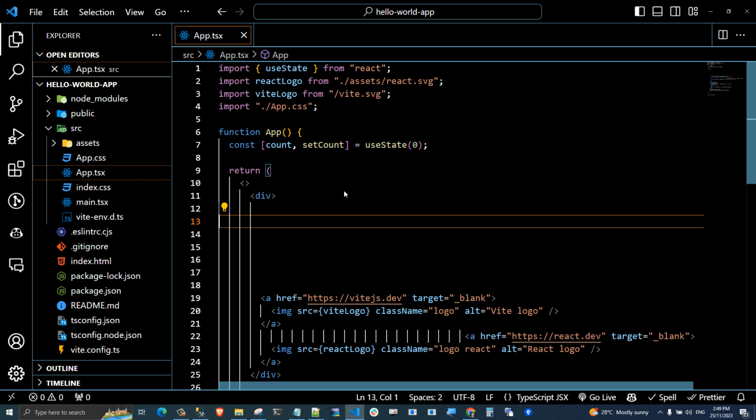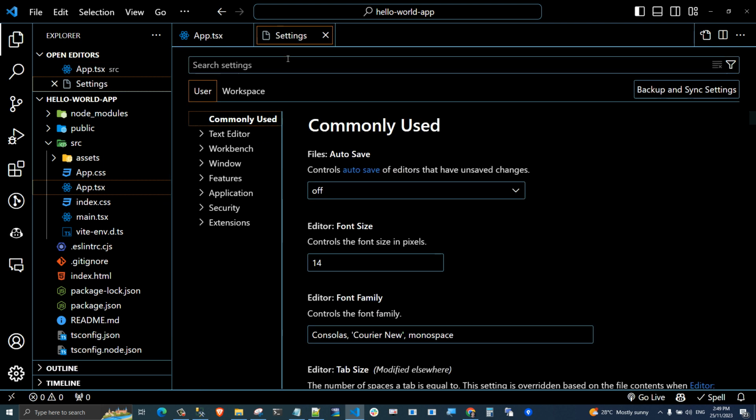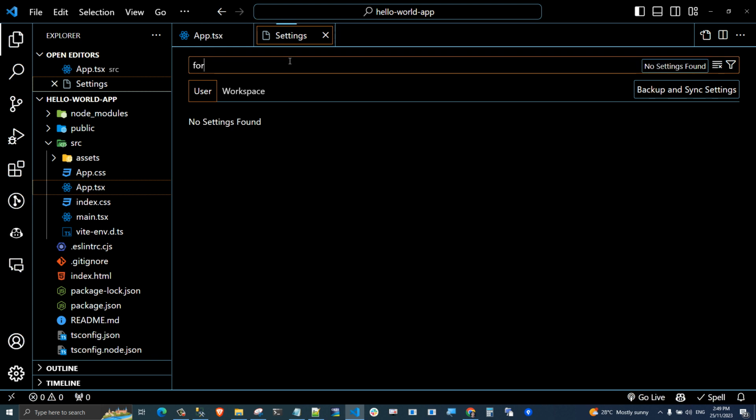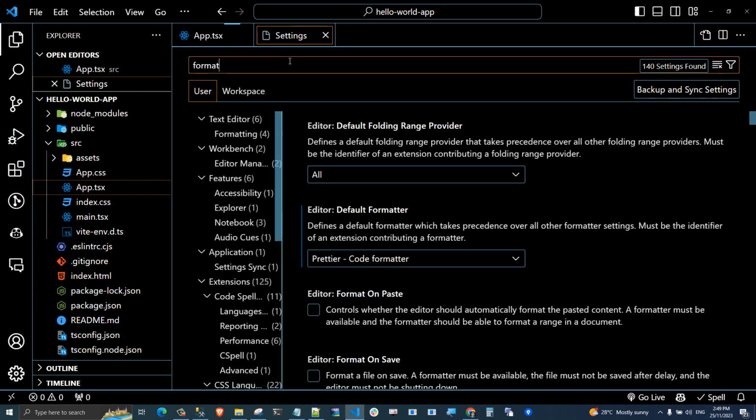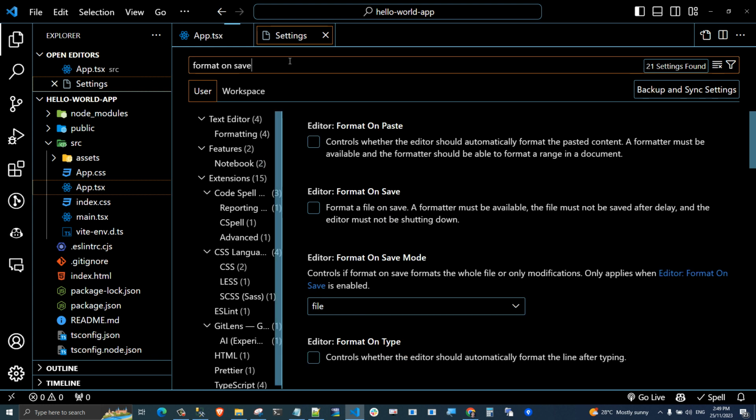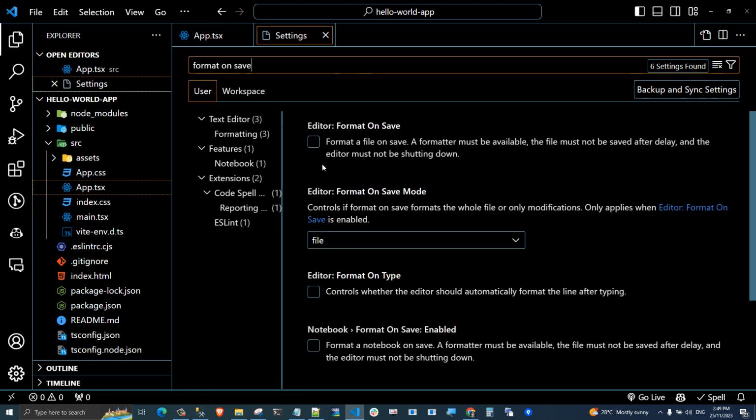So I will press Control, comma to check format on save. So I disabled this setting,